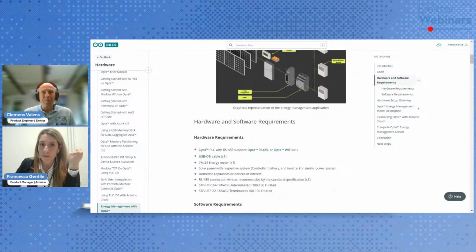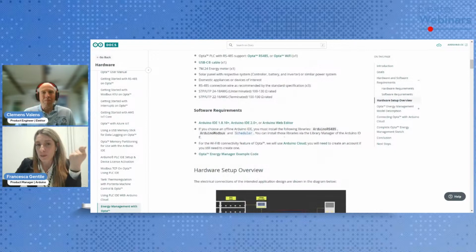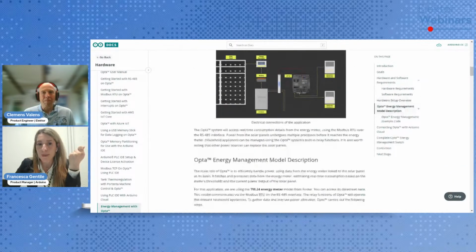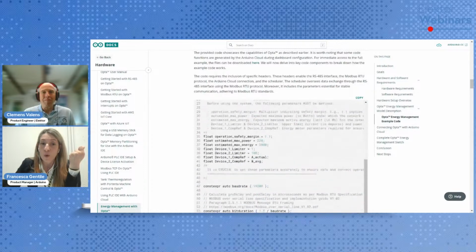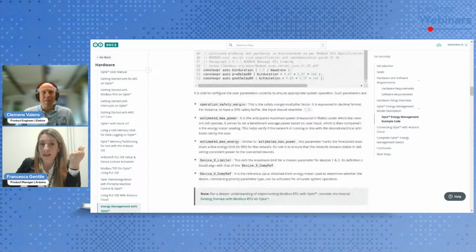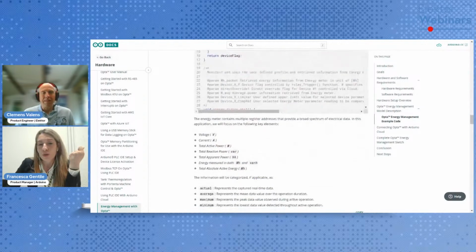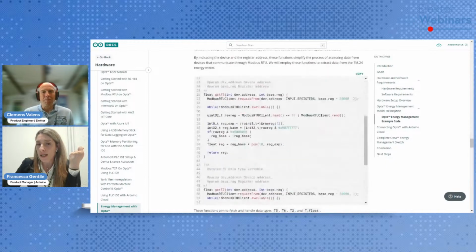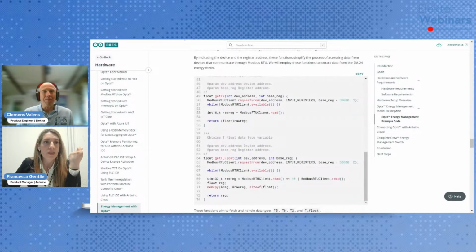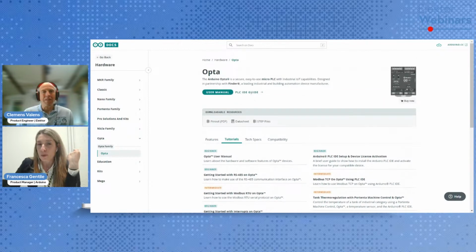environment or user project. And also here we have all the requirements so that a customer can basically reproduce all of this setup, as well as all the parts well explained piece by piece to show up the functionalities. And also for sure all the complete sketch to be downloaded and tried by the user. This is more or less the way that we provide our documentation, but it's not only for Arduino, because as